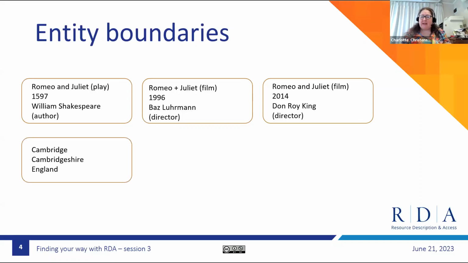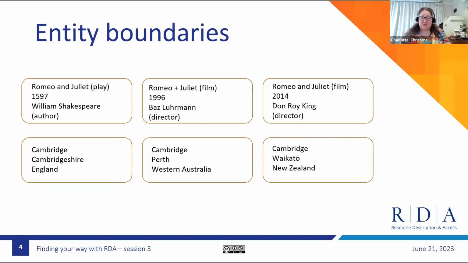Similarly, Cambridge in the county of Cambridgeshire in England is a place. Cambridge, a local government area in Perth, Western Australia, is a place. Cambridge is also the name of 25 places in the United States, 2 each in Canada and South Africa, and 1 in New Zealand, and we would not consider any of these places to be the same place as another, even though the name may look the same, and there is likely a connection between them in terms of why